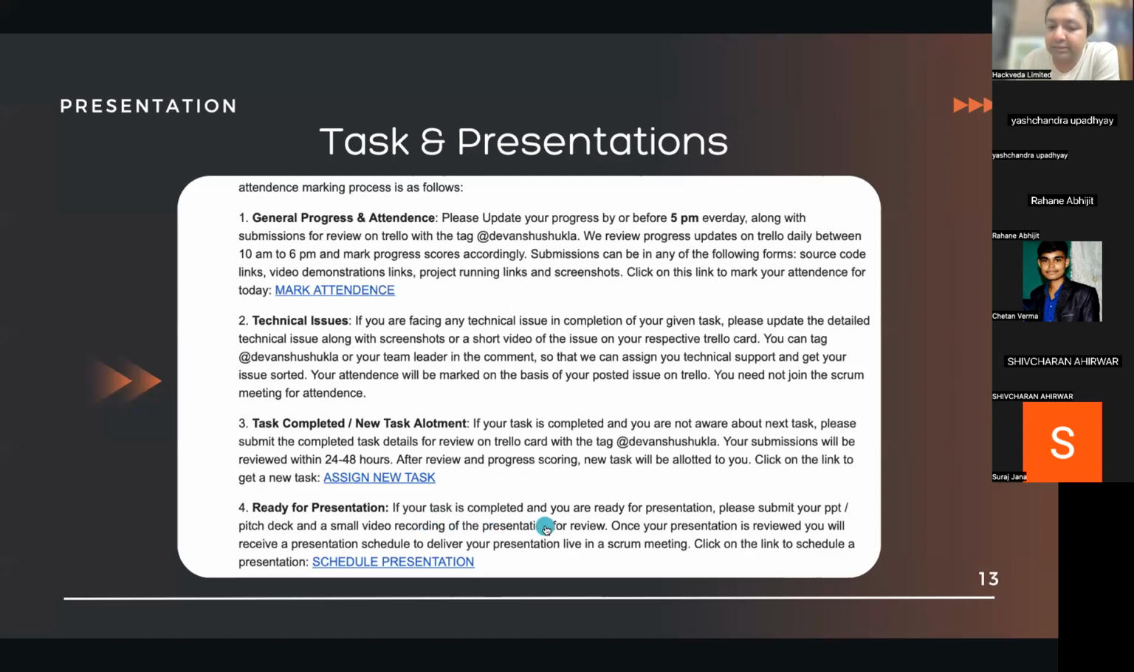If your task is completed and you are ready for presentation, please submit your PPT, pitch deck, and a small video recording of the presentation for review. Once we review your video, only then will we schedule your presentation. Because the idea of this Scrum meeting, which happens from 7 p.m. to 9 p.m., is to